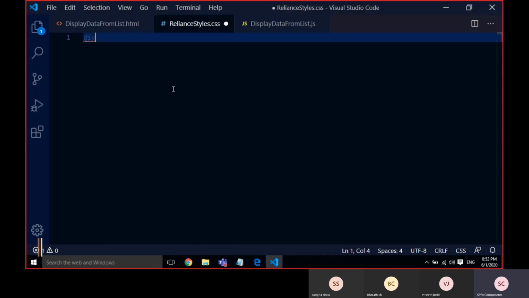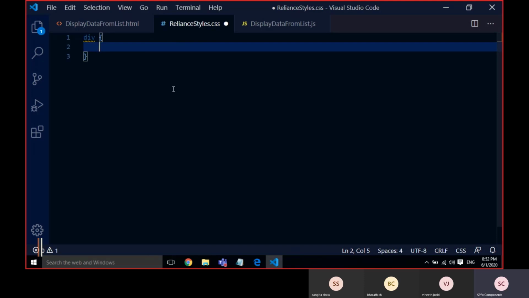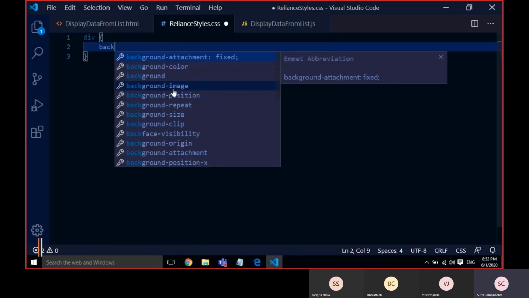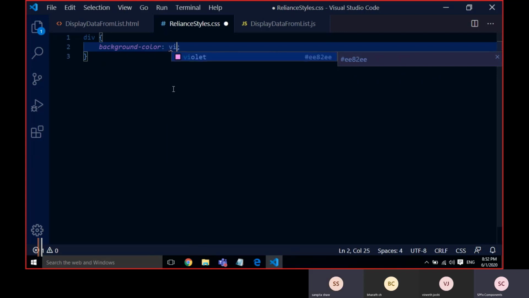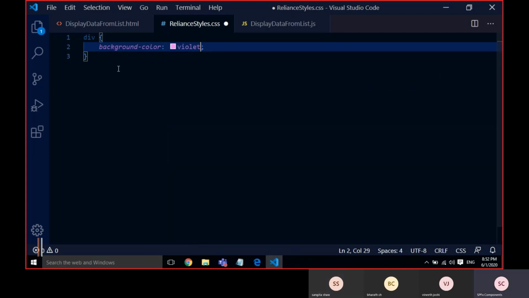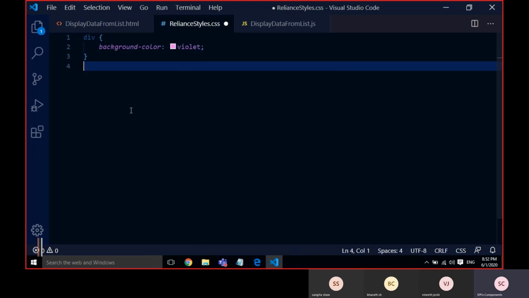No need to write anything else. Div. Maybe background color. And we'll see the properties later.